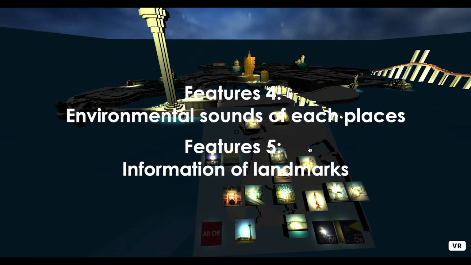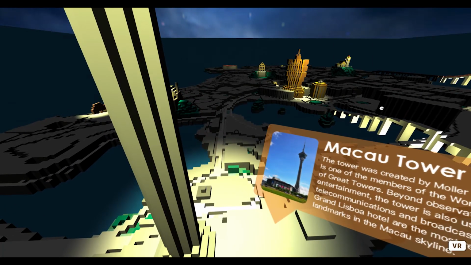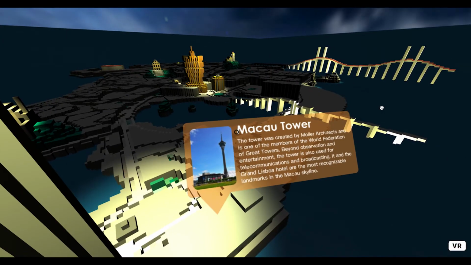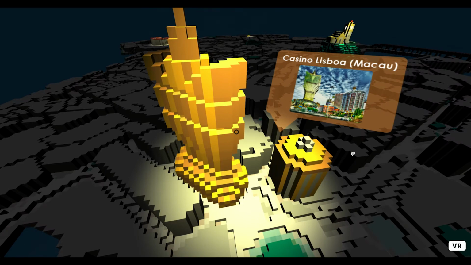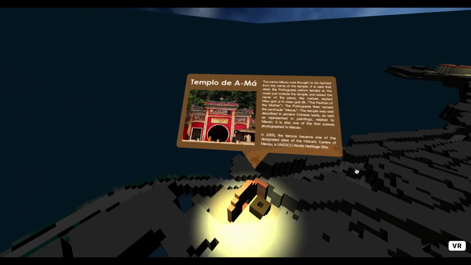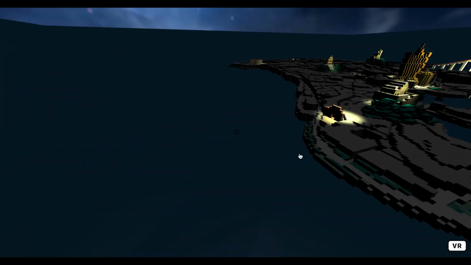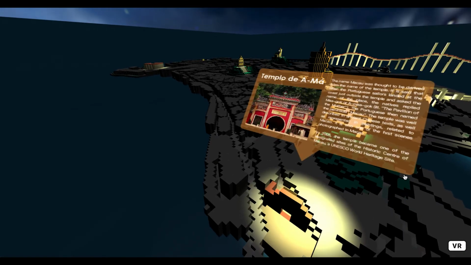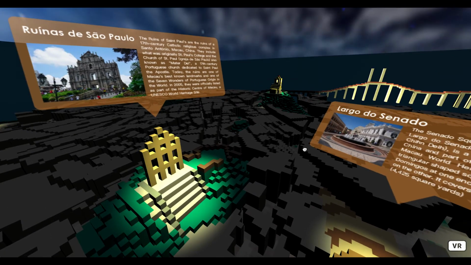And the fourth and the fifth features are about showing the users the environment sound and the information panel when you get close to it. You can play the bungee jump in the Macau Tower, and the sounds of slot machines from the casino, and the church bell from the church, and the sound from the Ama temple, and the sound of the tourists